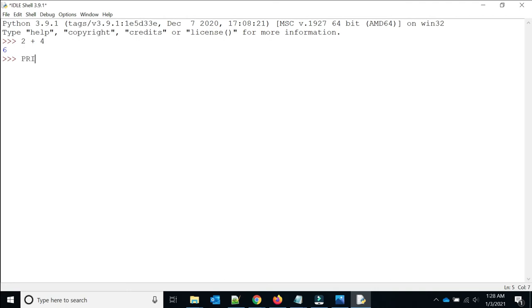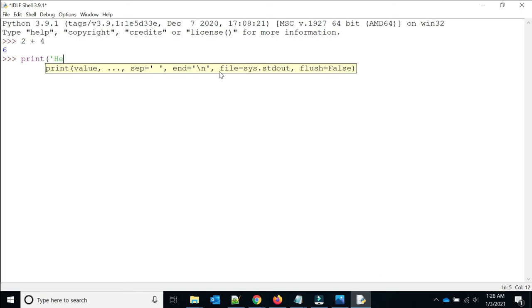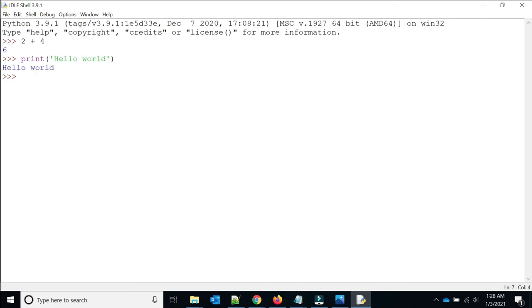You can simply write print hello world and it will print to the console, okay. So this is how here in the prompt, if you want to do some Python command, you can practice it here. But if you want to run your script, if you want to write some Python script and run it, that also I will show you.